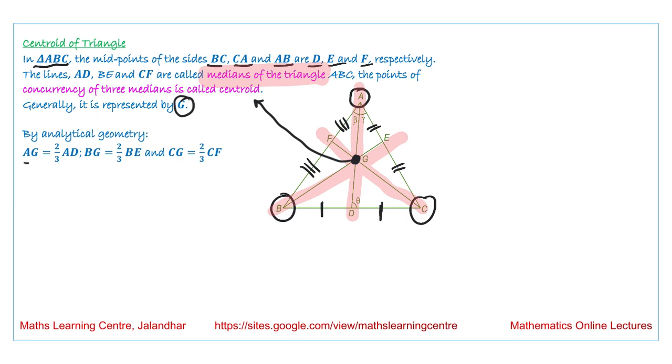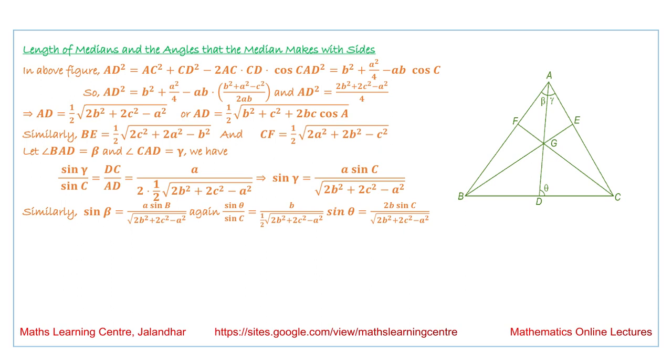And the ratio of the length AG to AD is 2 by 3. Similarly, the ratio for the other medians is also 2:3. Now we are going to calculate the length of the medians and the angles that the medians make with the sides. In this given figure, we are talking about the length